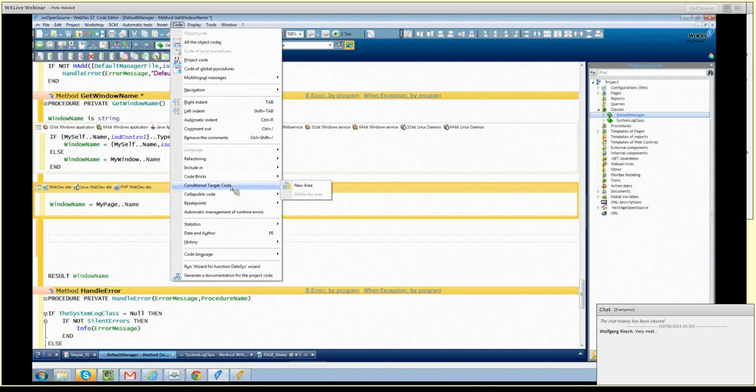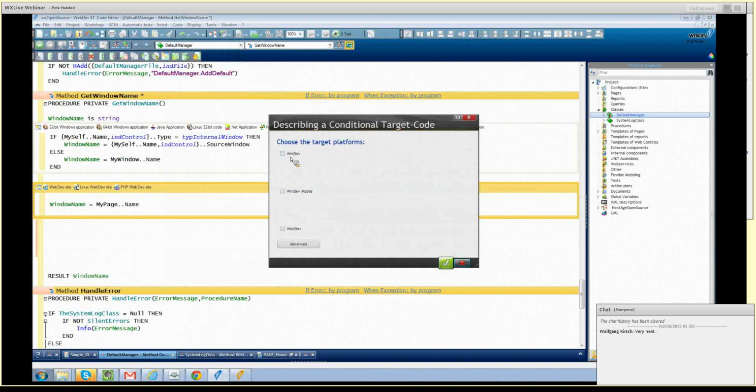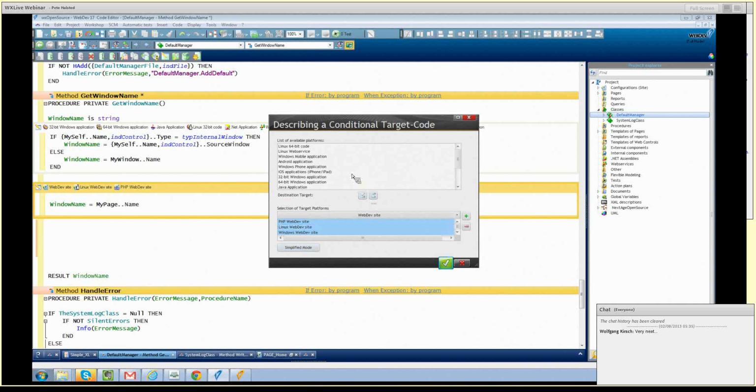conditional target code. We want a new area. Do we want WinDev code, WebDev code? You can make code that's specific to two. So by checking those two, the same code will execute for both WinDev and WebDev. Or we can say just WebDev. Or you can go full on crazy and you can say, you know what, it's WebDev, but it's only for